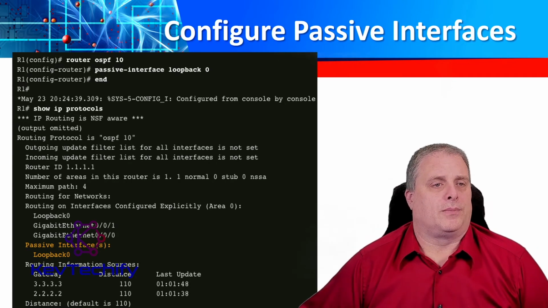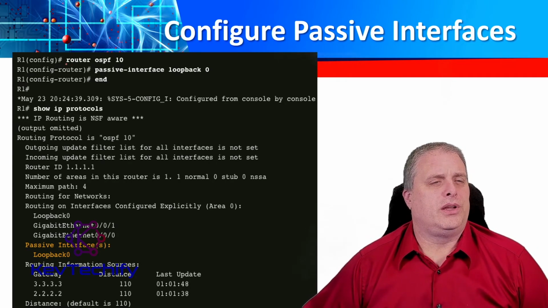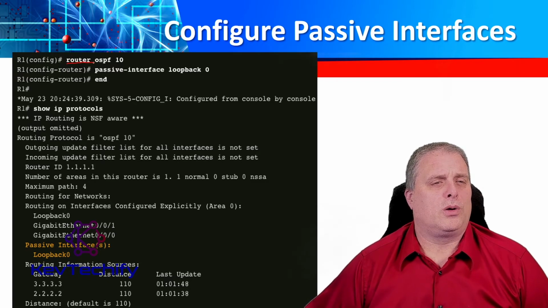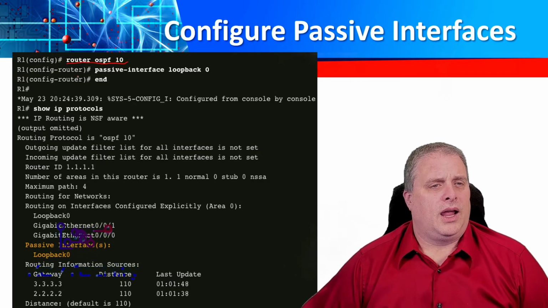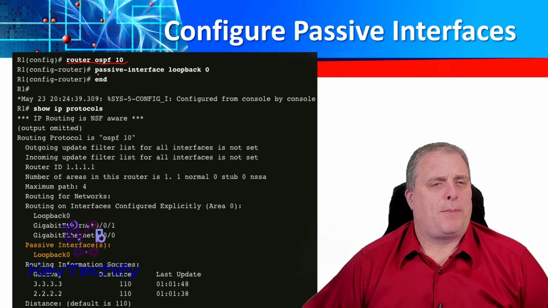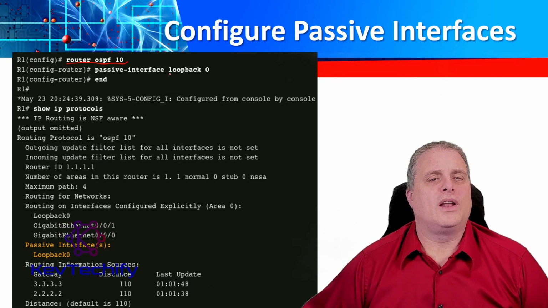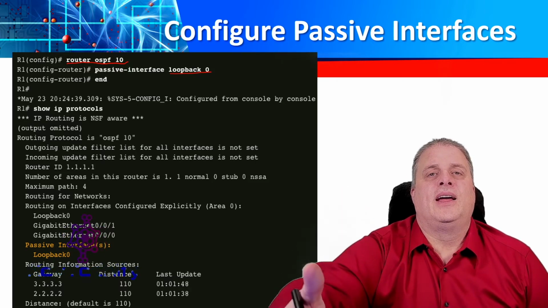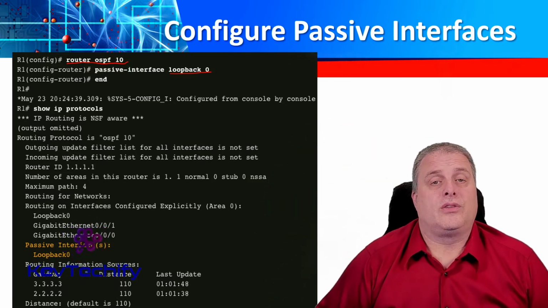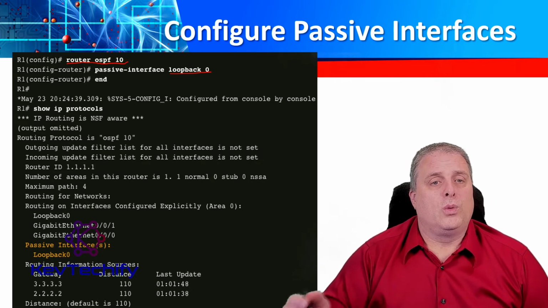Here in our example, we come into the configuration of our routing protocol, OSPF 10, and we say passive-interface, and then what is the name of the interface? In this example that we're working through, we're going to say our passive interface is Loopback 0. That represents that LAN that is outside the triangle of those 3 routers. When we do that,